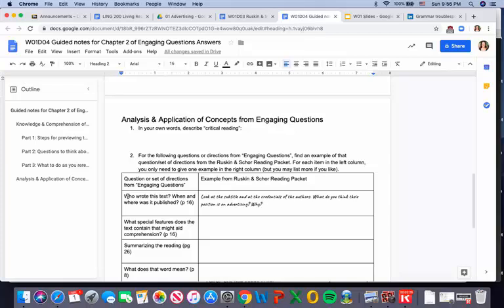The first one that comes from the reading packet is, who wrote the text? When and where was it published? So that is the question, and we're not looking for the answer. What we're looking for is the question that's given in the reading packet that's just like this. It's looking for that same information. So what that means is we need to find this question, which comes from page 16 of